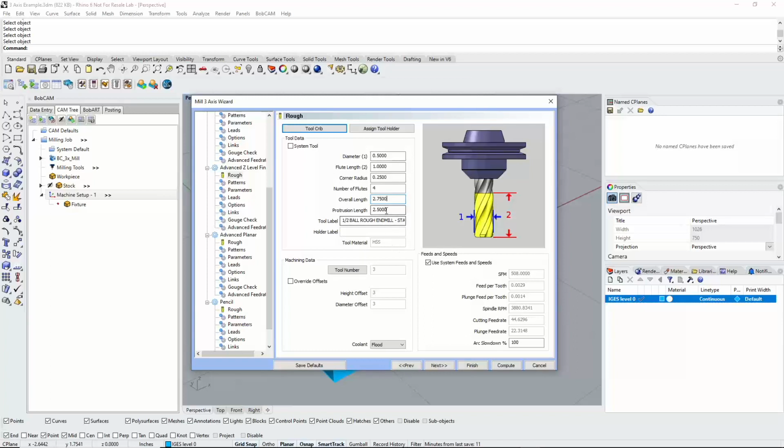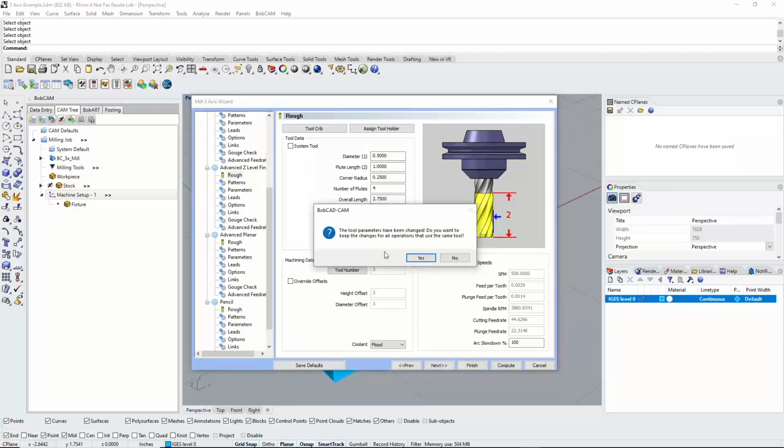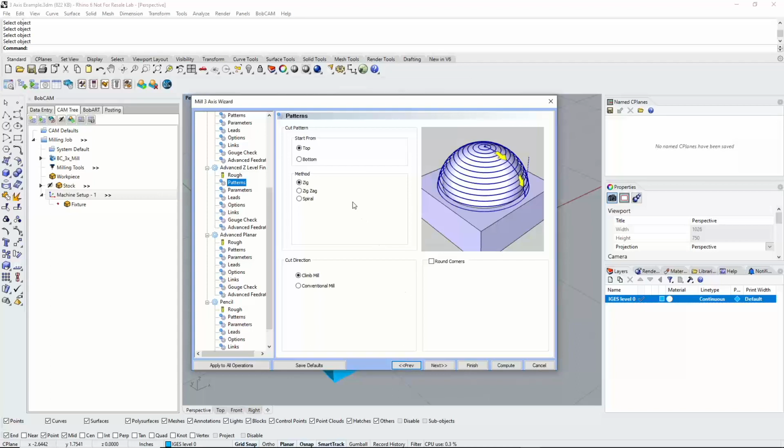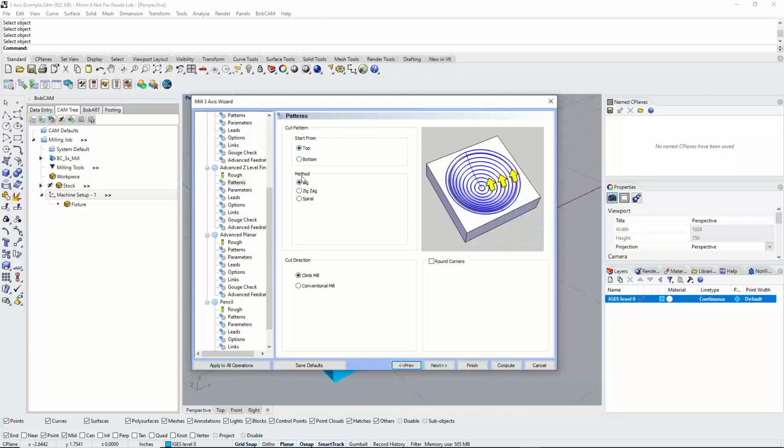But since I'm changing it, when I hit next, it's going to ask me, do you want to make those same changes to the other features that are using that exact tool? So I'll say yes, and there we have it. For the patterns, we'll go from the top down, but we could go from the bottom up. We'll go ahead and zig to keep everything moving in one direction, and we'll go ahead and go with a